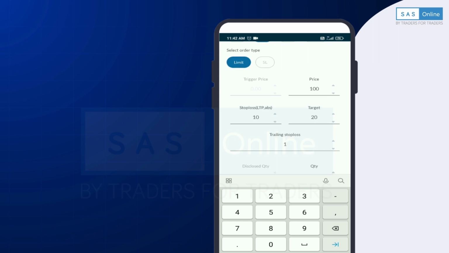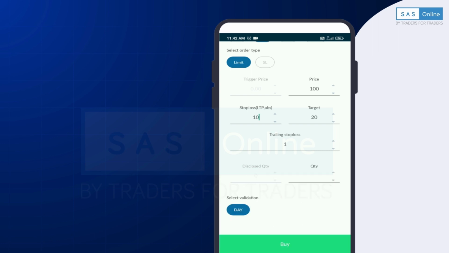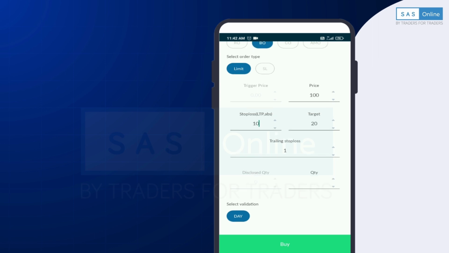In the trailing stop loss, the stop loss will be trailed, not de-trailed. For example, if your price goes from 100 to 99, then your stop loss will not go from 90 to 89. It will be fixed at 90. Okay.